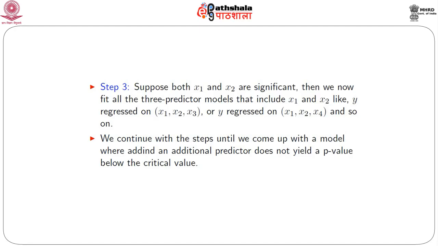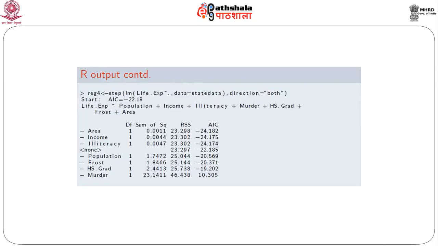So here is the R code for using the step function to obtain the parameters which are significant. Here is the use of R to use the step function to find the predictors which are significant using the stepwise selection method. In this case we use direction equals both, and as we can see it starts with the entire model, and just like backward elimination we can see in the following table that they have actually started